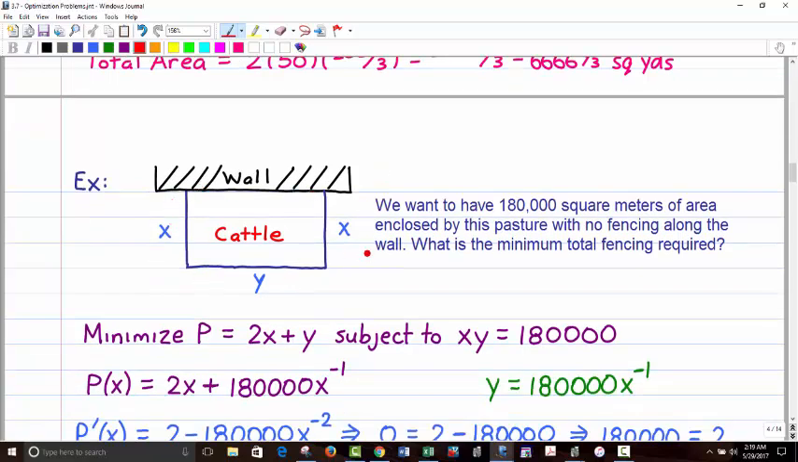So this one, we did this on purpose. We're only having these three sides. Now this is a little bit different. This one's actually giving you the area, and we want to minimize the total amount of fencing. So last problem we had the perimeter, the total fencing, and we wanted to maximize the area. So what we're trying to say here is we want 180,000 square meters in the least amount of total fencing